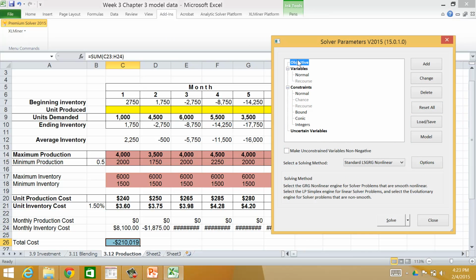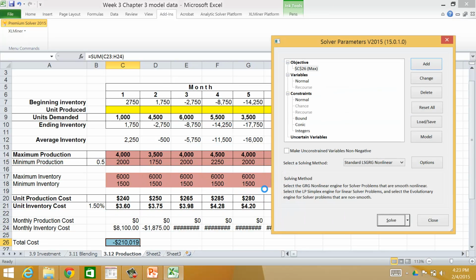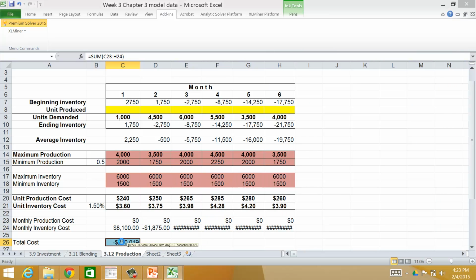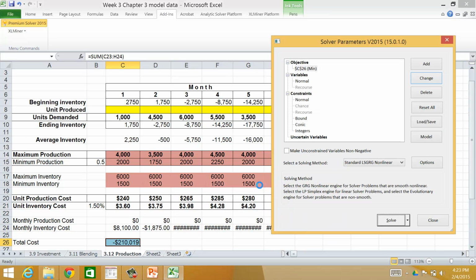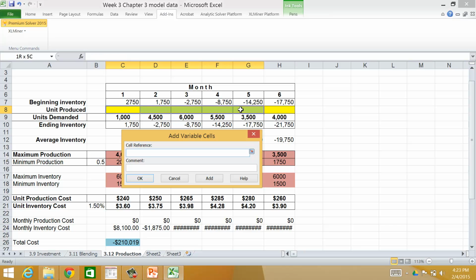Okay, objective, this one, maximize it. Oh, sorry, minimize it. Okay. Minimize total cost by changing those variables here. Okay,